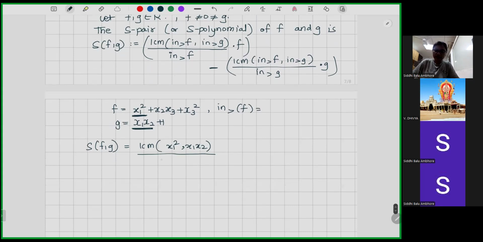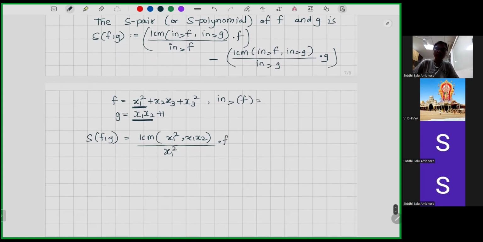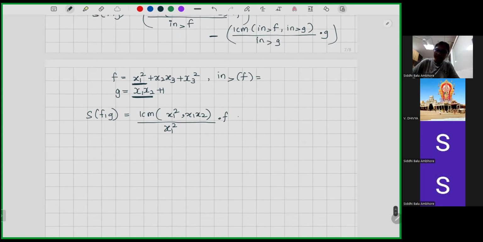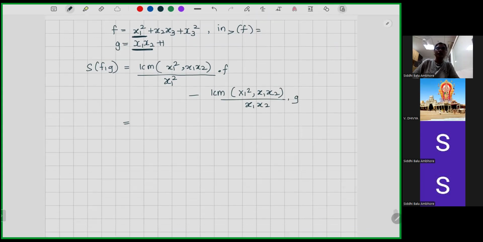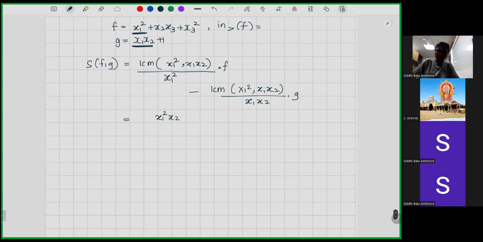The initial term of f, that is the leading term of f, times f, minus now again the LCM of x1 square and x1 x2, the initial term of g, times g. The LCM of this is x1 square x2, divided by x1 square, times f. I'm now writing explicitly x1